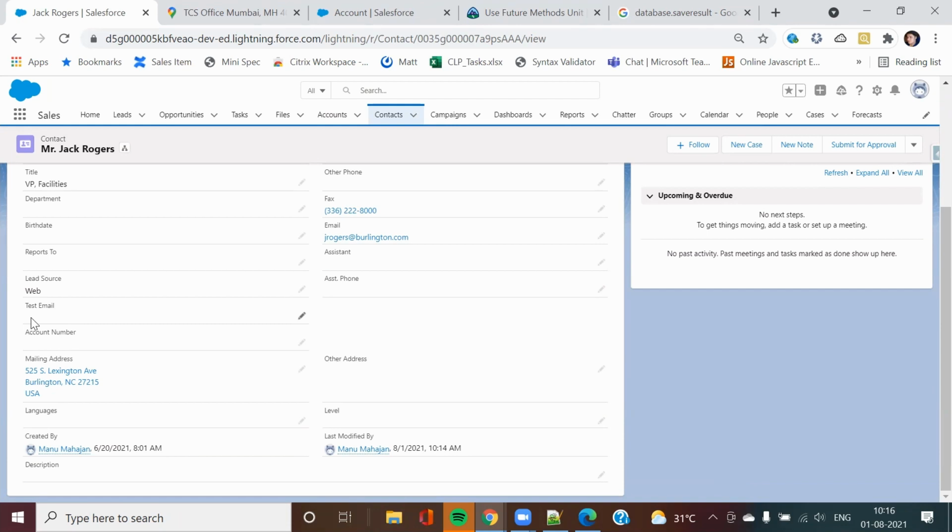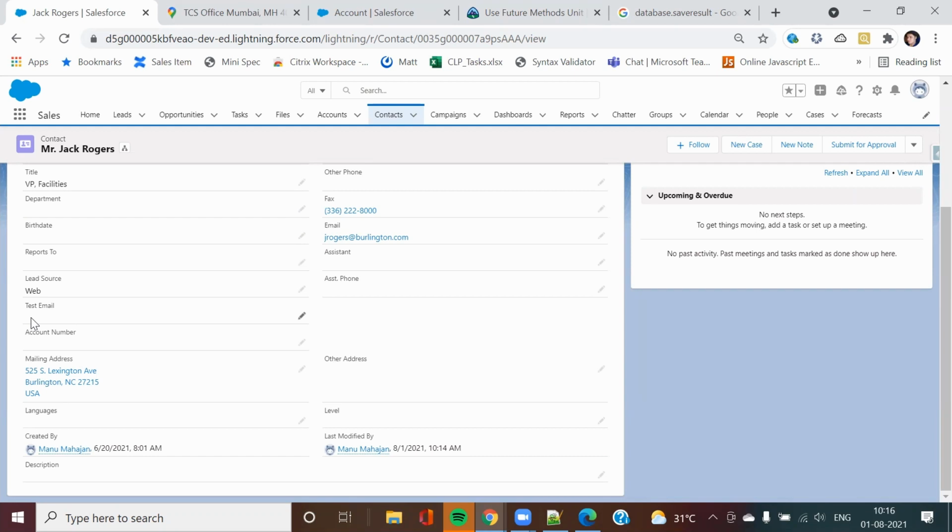So is this clear? The batch part? Any questions? And one more thing here: I can do not only update operations, you can also do insert operations. In case you need to do an insert operation, you need to write one iterator class. So not only update, insert also I can do.